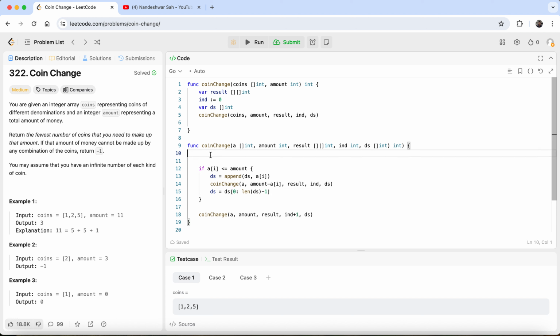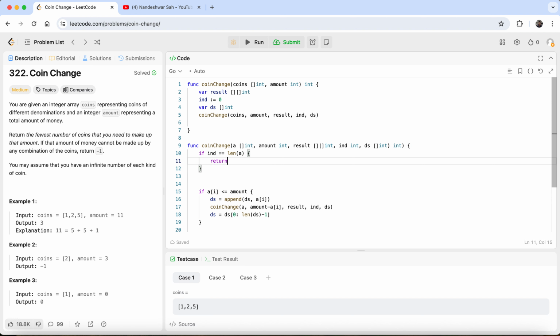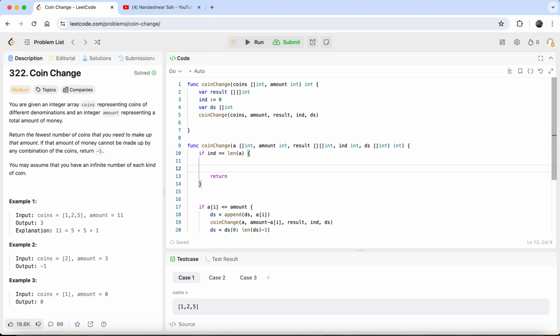And then another thing is I need the base condition or exit condition. So I'm in index, I'm not increasing the index here, but in this call we are increasing the index. So the moment the index will be equal to the length of this array, so I can just check if index is the length of the array, then this time we need to return. And before return we need to also check